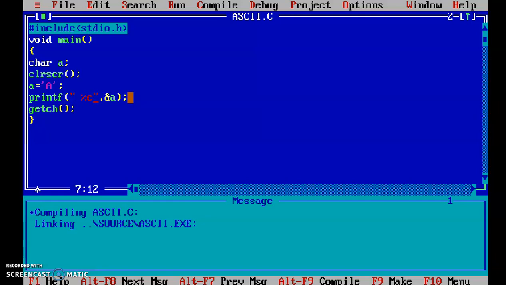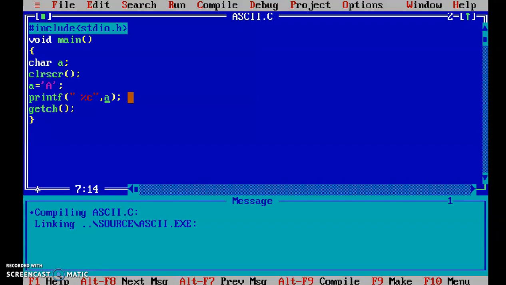It is %c. To print the character, we will remove this ampersand, and again we will check. Yes, right, it is printing A correctly. Now, if I want to print the address of the variable, again you need to put an ampersand here and %p, with the help of which it will print the address of the variable, which we have seen already.